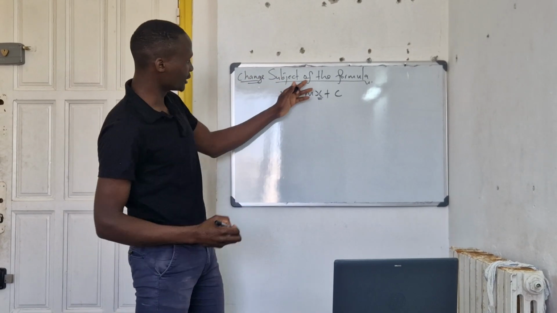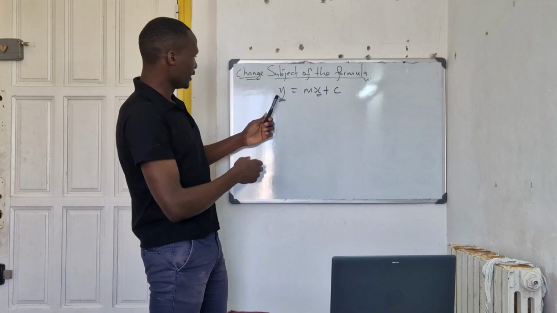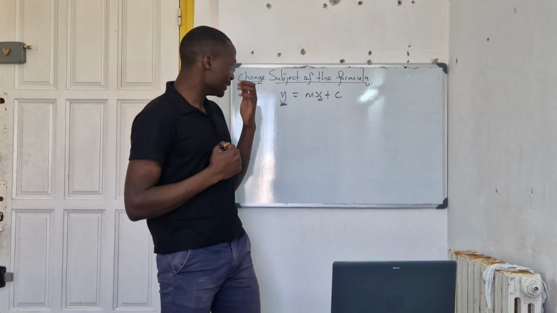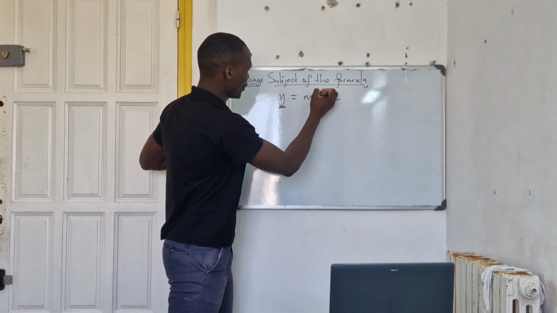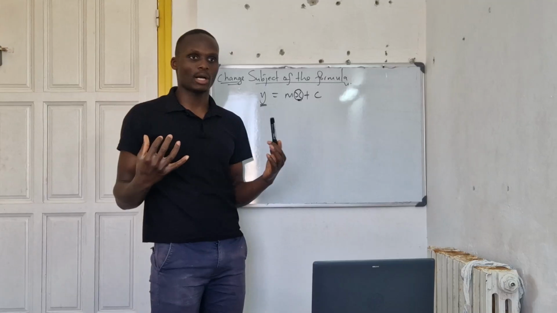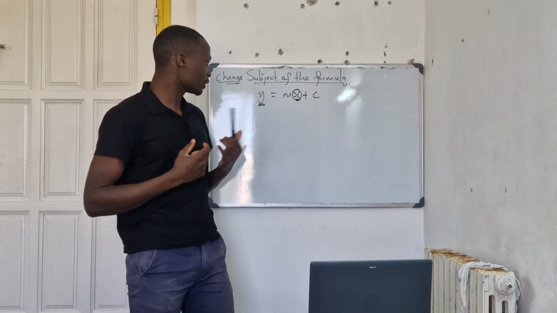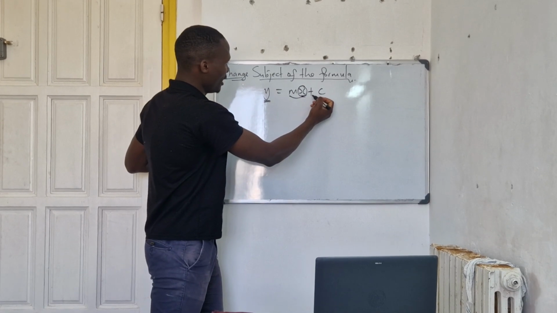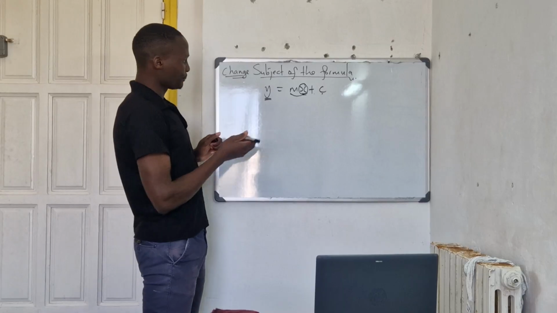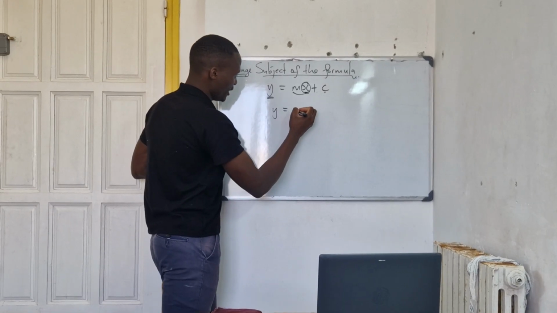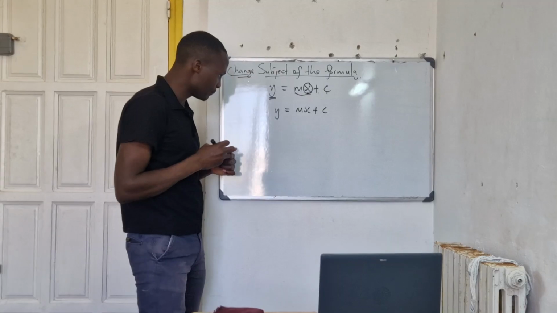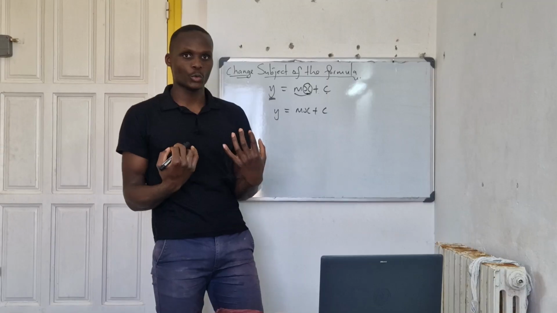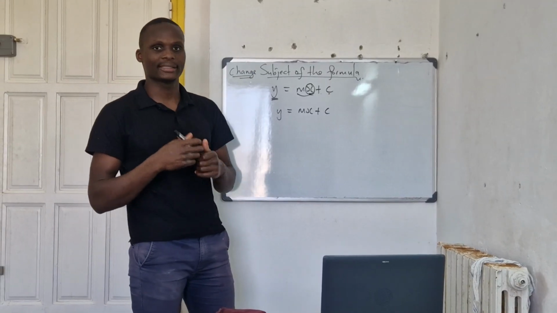So when we change the subject of the formula, in this case we were given y as our subject, or what we are talking about. Let's say we want to make x the subject. It means we want to talk in terms of x, because in this case we are saying y is defined by mx plus c. So if y is equal to mx plus c, and we want to express x in terms of y and c, or to express x as the subject of the formula,